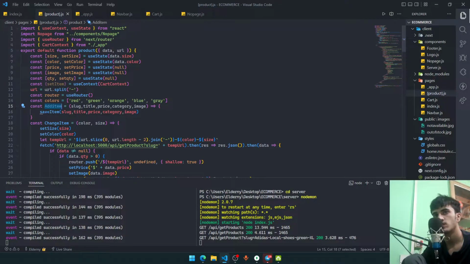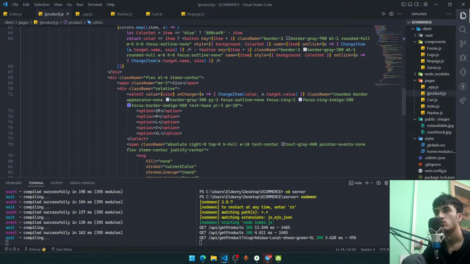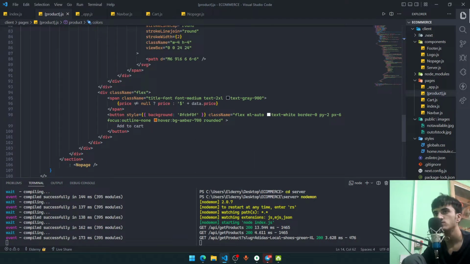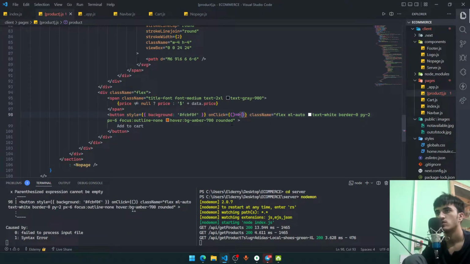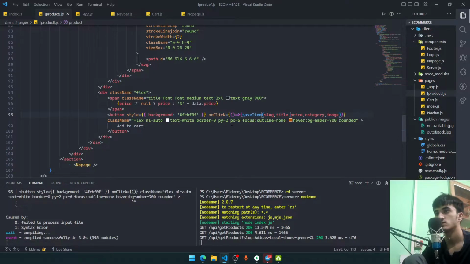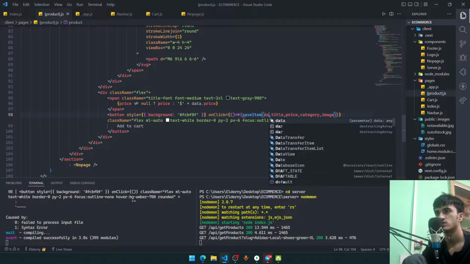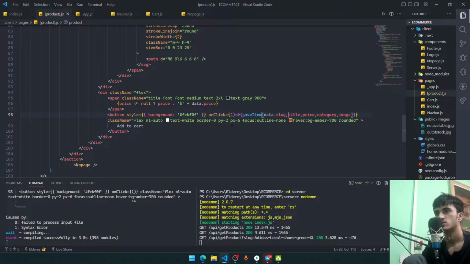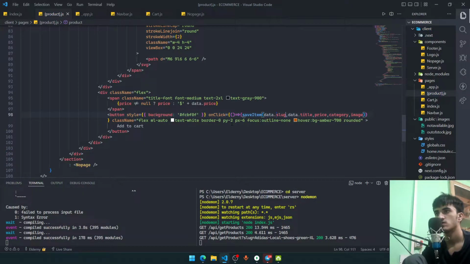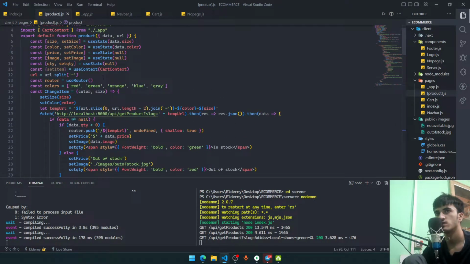Well, I think both of these functions will act the same way, so there's no fun in making a new function. Just copy this whole thing, go all the way down to in here, the add to cart button. Let's say on click. Someone clicks on this button, let's run a function that's going to be this. First of all, get the slug. That's going to be data.slug. It's going to be unique. Right. It's not going to be data.slug. It's just going to be our